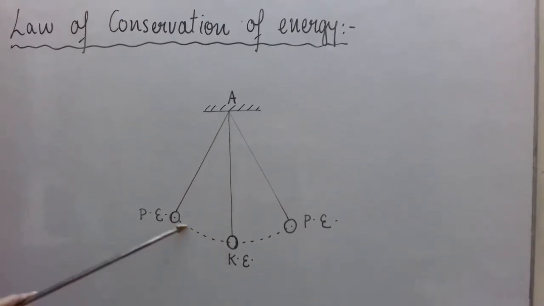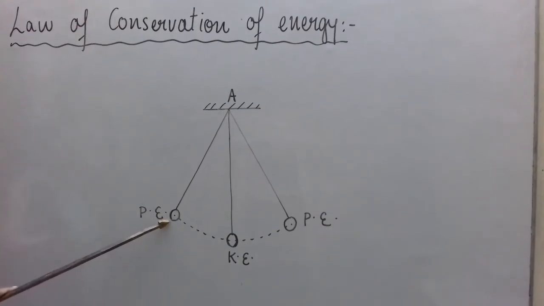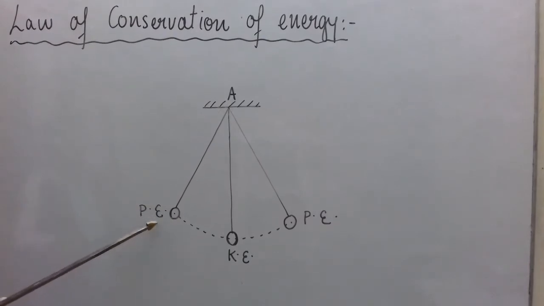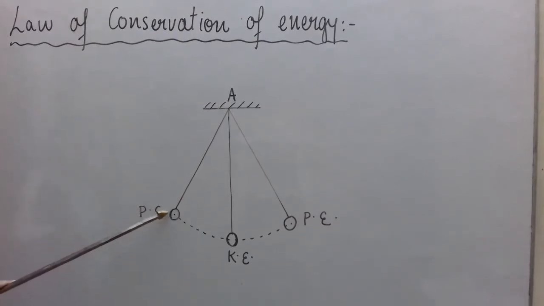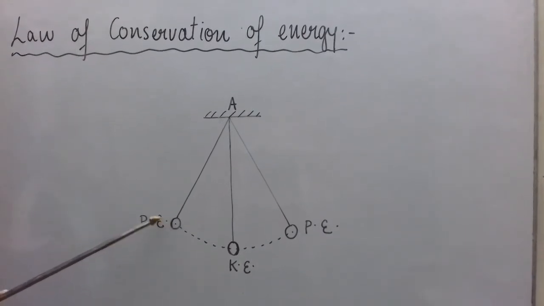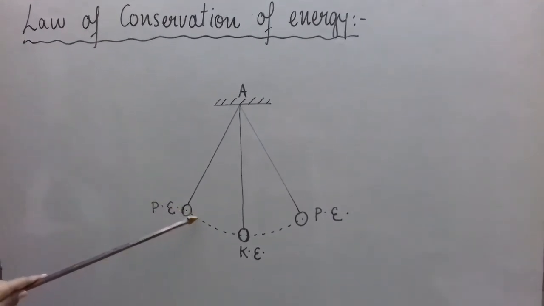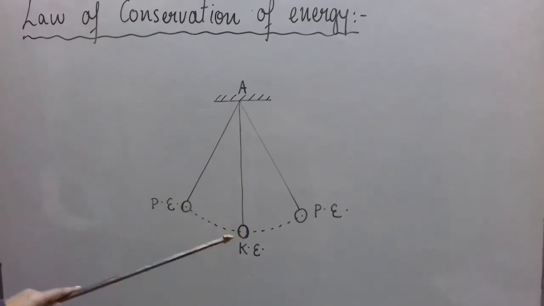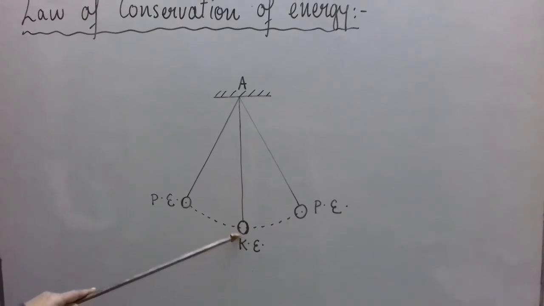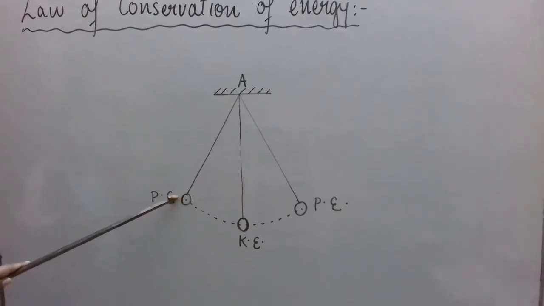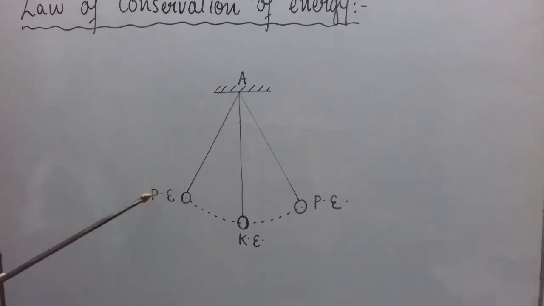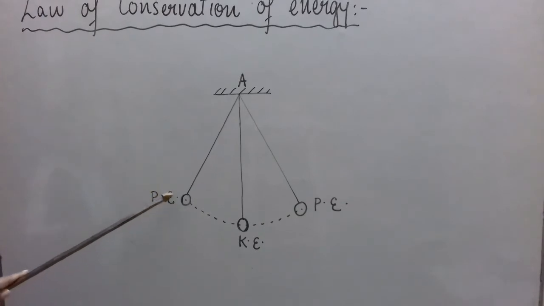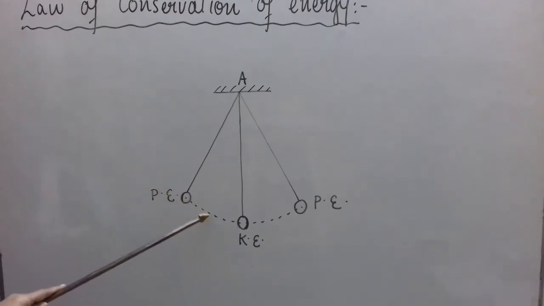So when I lift it up to any one of the sides, I do work on it and that work is stored in it in the form of potential energy. And when we release it from here, then it uses that energy and swings and goes down, okay. It means when I released it, I have done work on it to displace it from the mean position to any of its extreme positions. Work done gets stored in it in the form of potential energy, and when the bob is released, this potential energy gets converted into kinetic energy.